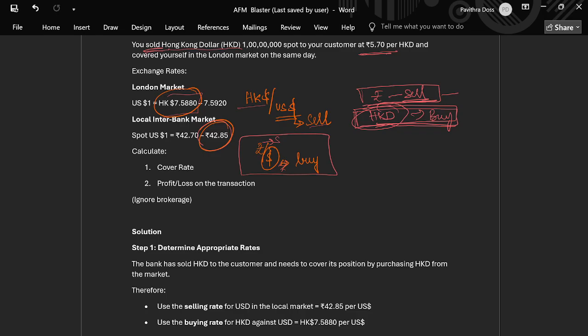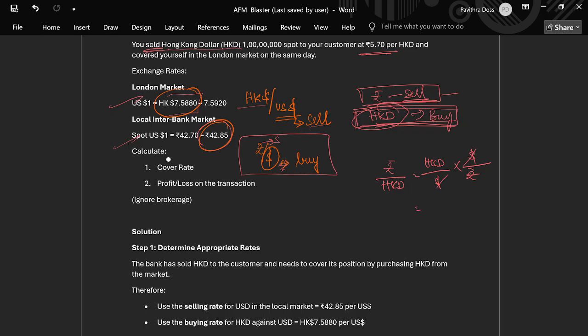7.585. Clear? So what code we have here is Hong Kong dollar per dollar. Here we have rupee per dollar. But our objective is rupee per Hong Kong dollar. So which means we will ulta it. So Hong Kong dollar per dollar into dollar per rupee. So like this if we write, we will get